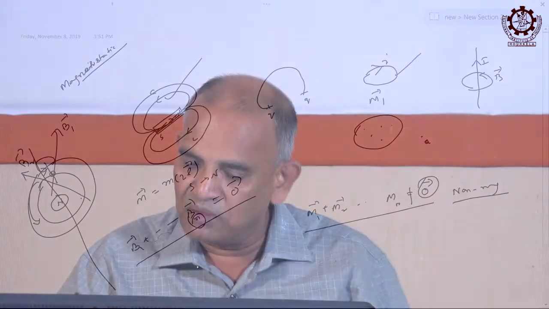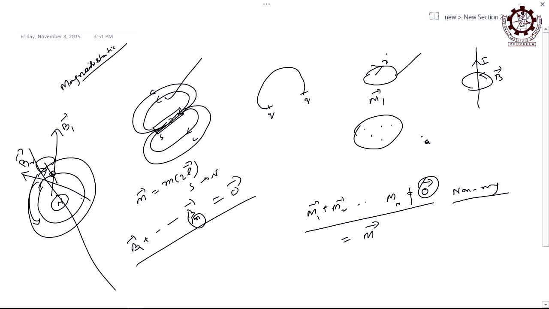So, if this sum is giving a net magnetic moment m, that means what? Even if you are adding all these magnetic moments for all the electrons involved there, it is giving a net magnetic moment. So, if there is a net magnetic moment, that will be treated as a magnet. Magnet means it must have a dipole. So, therefore, atoms are represented by this type of magnetic dipoles, every atom, if it is magnetic, right. If an atom or molecule is magnetic, then the magnetic dipoles are represented by this small arrow.